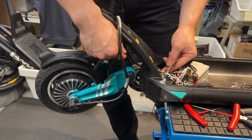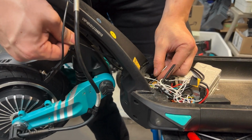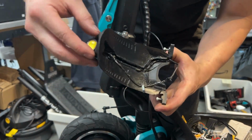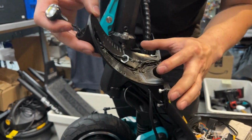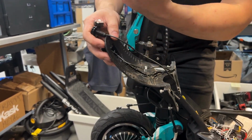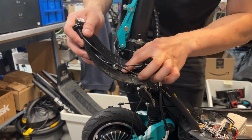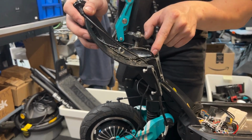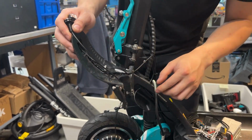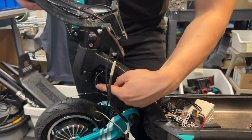Once you get to this stage, you're going to want to remove the light by pulling on this side, and you should see this cable slowly retracting this way, and then guide it through this hole right here and out the front as so. And when you're going to replace your new light, you want to feed it back the way this came out. But make sure you have your nut so that you can re-screw it onto here. You're going to want to re-glue and apply hot glue to this area so that the cable stays flush with the mudguard and doesn't rattle and touch the wheel while the scooter is operating. So once you feed it back through here, down through here, and back through this area right here,